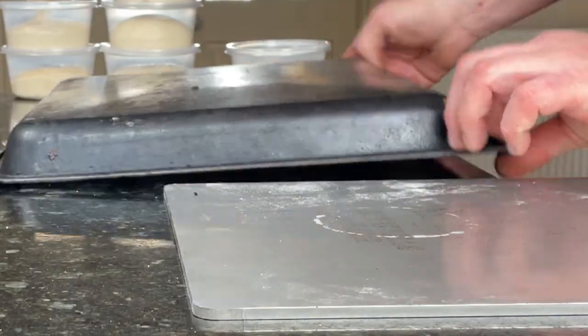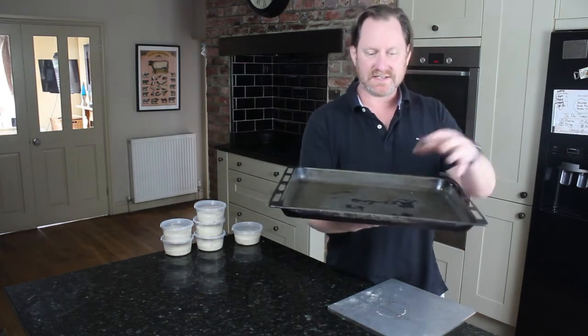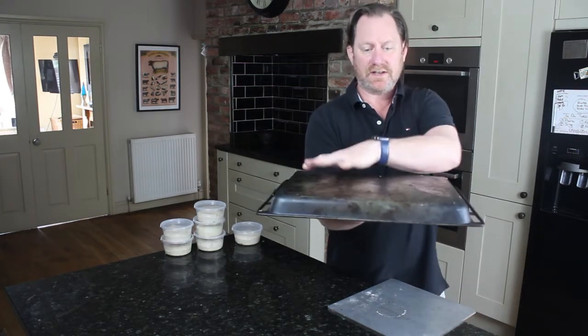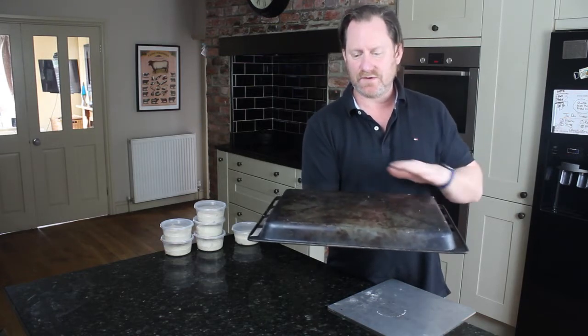So it is the good old baking sheet. You've got your roasting tin, you'd have it normally this way around in the oven. For your pizza, you just flip it over. And there you go, you've got a really nice flat 30 centimetres by 40 centimetres surface to put